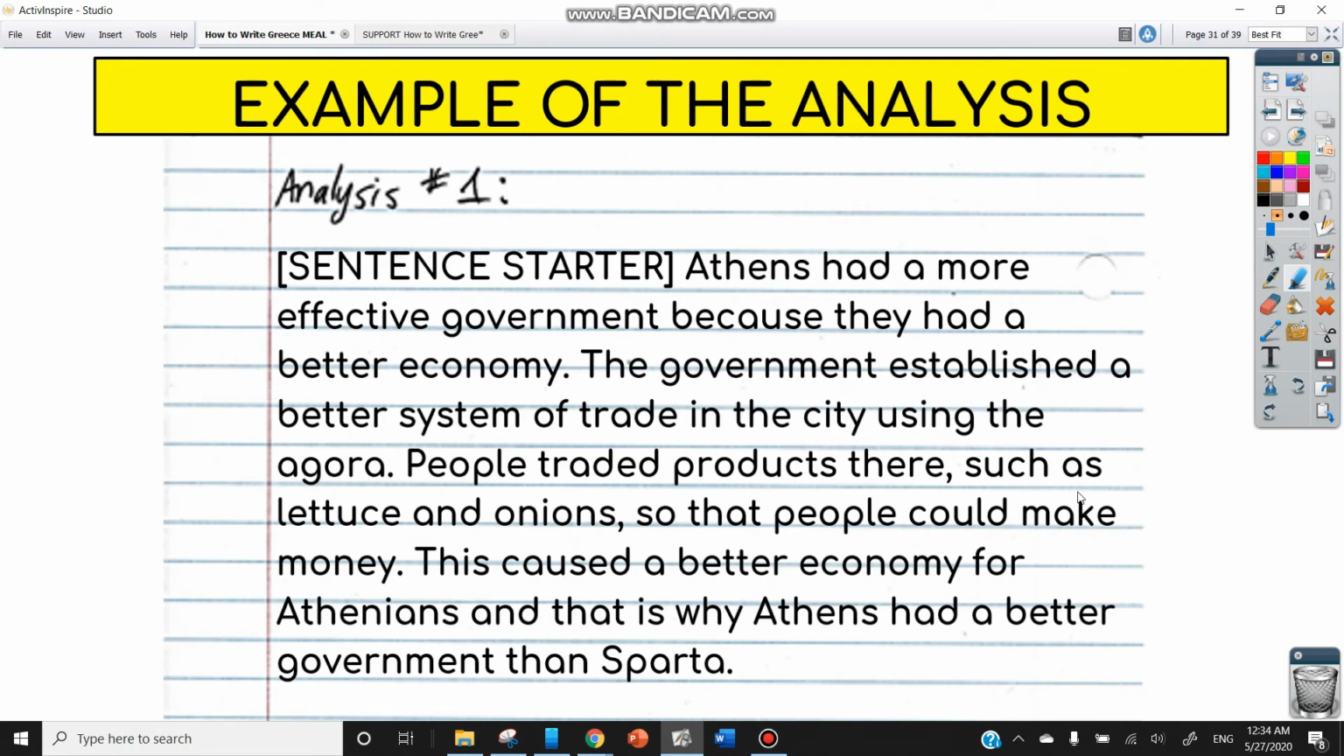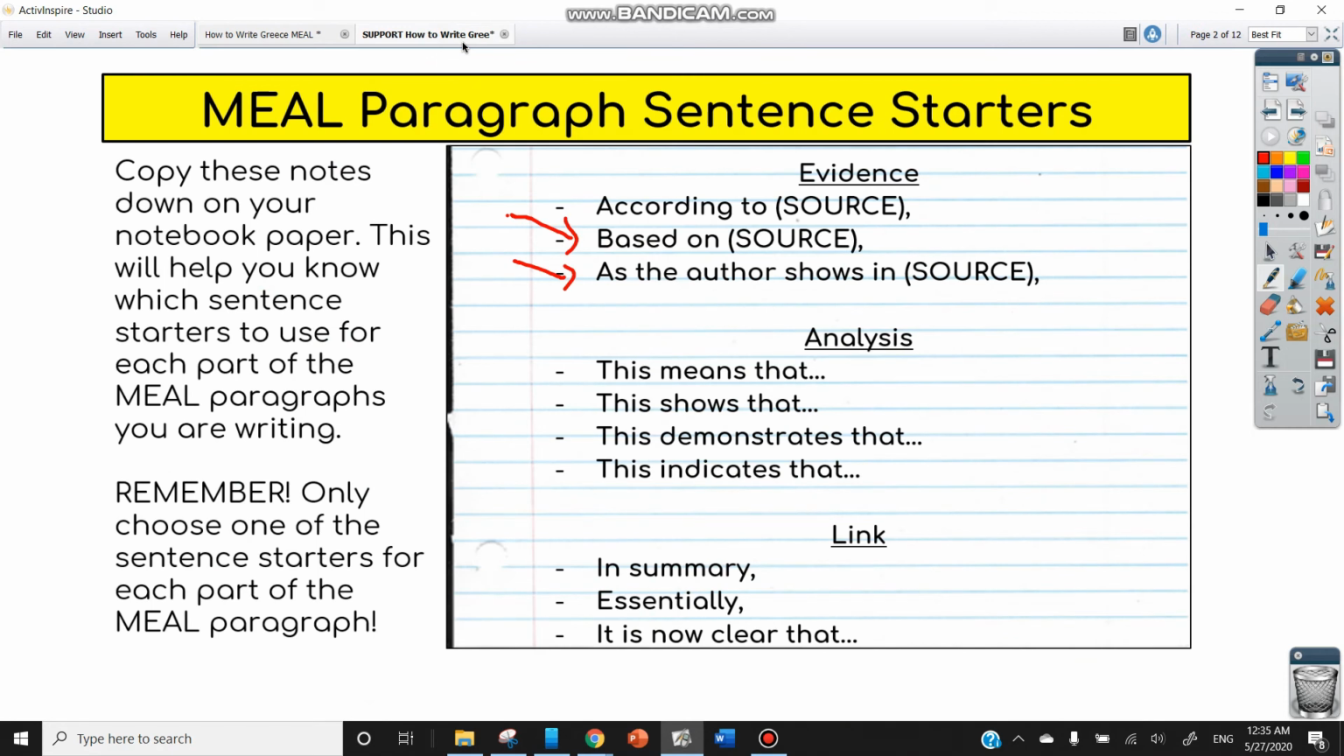Here is an example of analysis that I wrote to explain this connection. And of course, here's an opportunity for you to choose which sentence starter we should use for this analysis. So you would go back to your resource, the page. And I think for this, we are going to use,